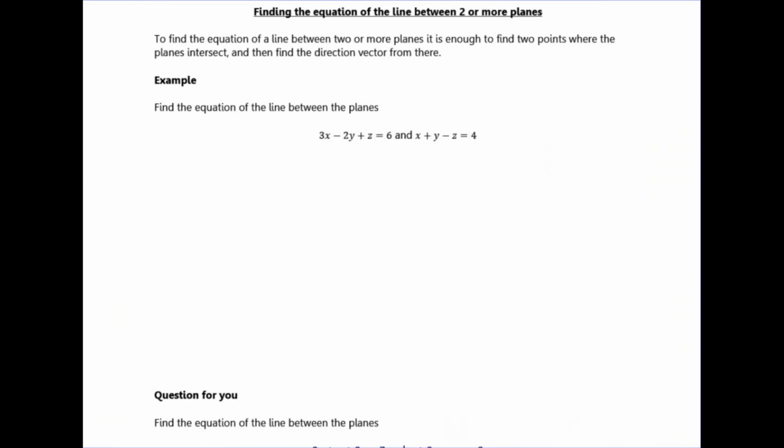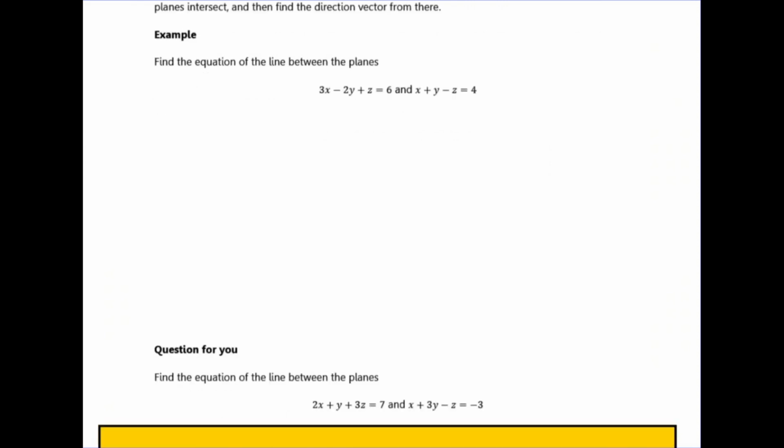So we've got 2 planes here in Cartesian form. To find 2 points that are on both of them, I'm just going to pick a coordinate for x or y or z. It doesn't really matter. So I'm going to pick z equals 0,